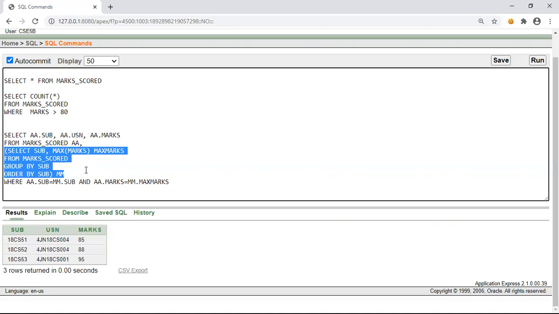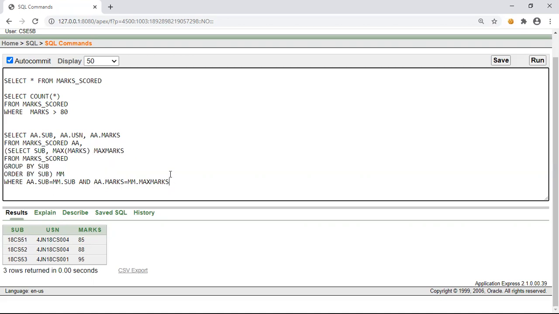Now the question arises, what if two students have scored the same maximum marks? Then for a particular subject code, there will be two entries. For example, if two students have scored 85 in subject 51, then there will be two entries for subject code 51.